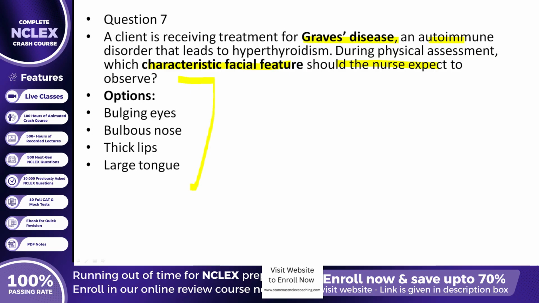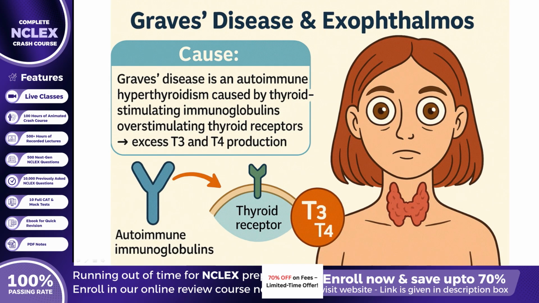Here are the options. Option 1, bulging eyes. Option 2, bulbous nose. Option 3, thick lips. Option 4, large tongue. The correct answer is option 1, bulging eyes. When we break down the reasoning, Graves' disease, also called toxic diffuse goiter, thyrotoxicosis, Basedow's disease, or exophthalmic goiter, is